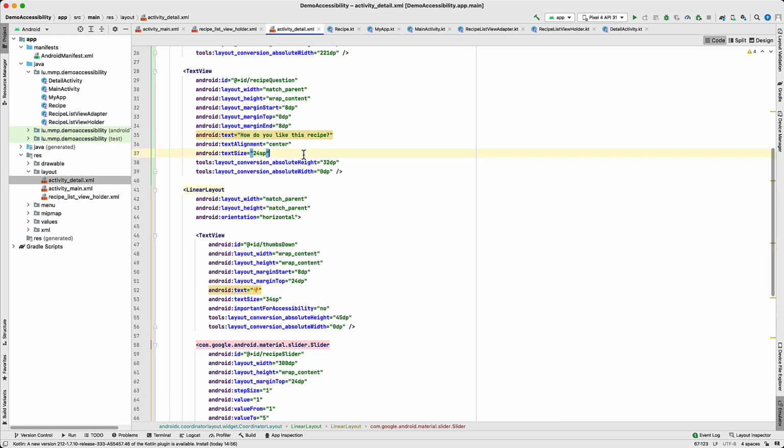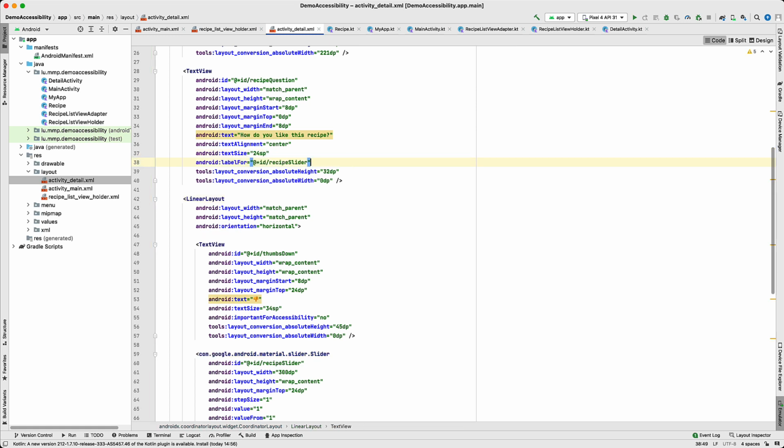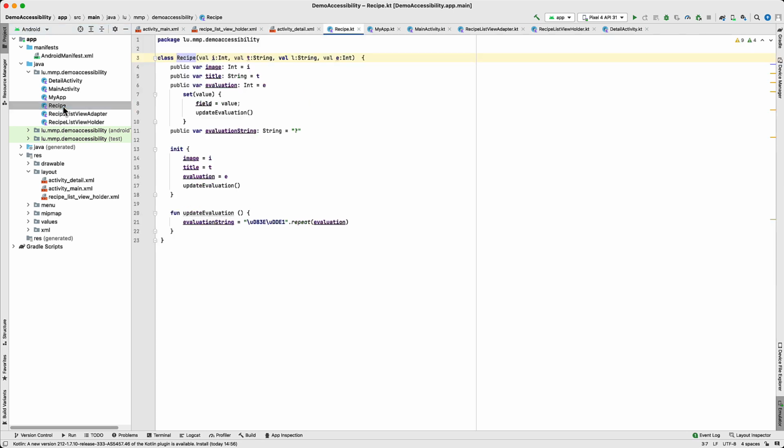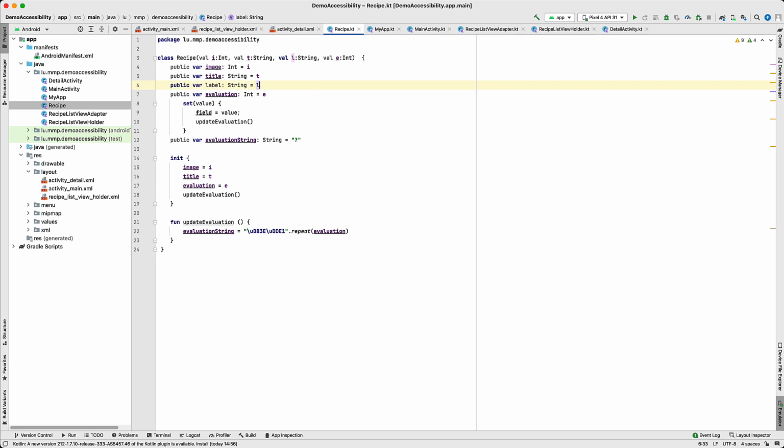The question before describes the slider functionality. Therefore, we add a label for attribute referencing the ID of the slider. In the recipe class, we add a label for the image, which should be read once the TalkBack cursor reaches an image.